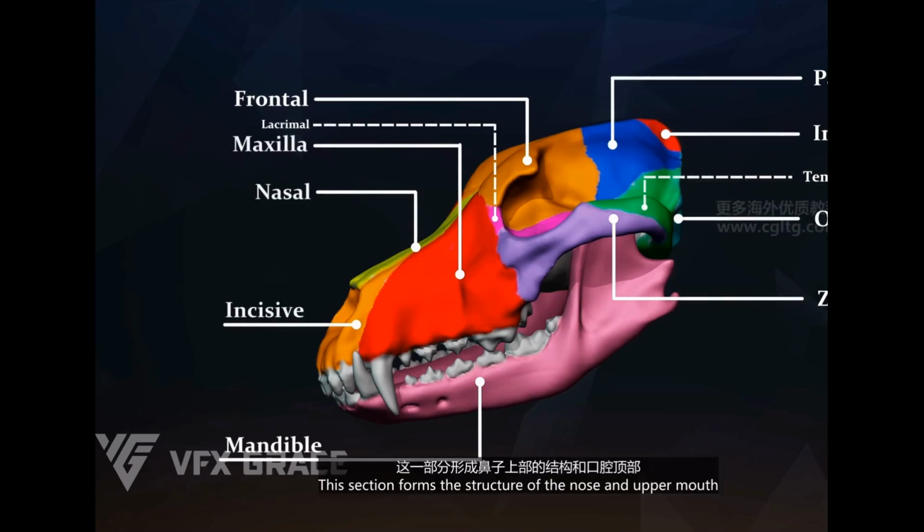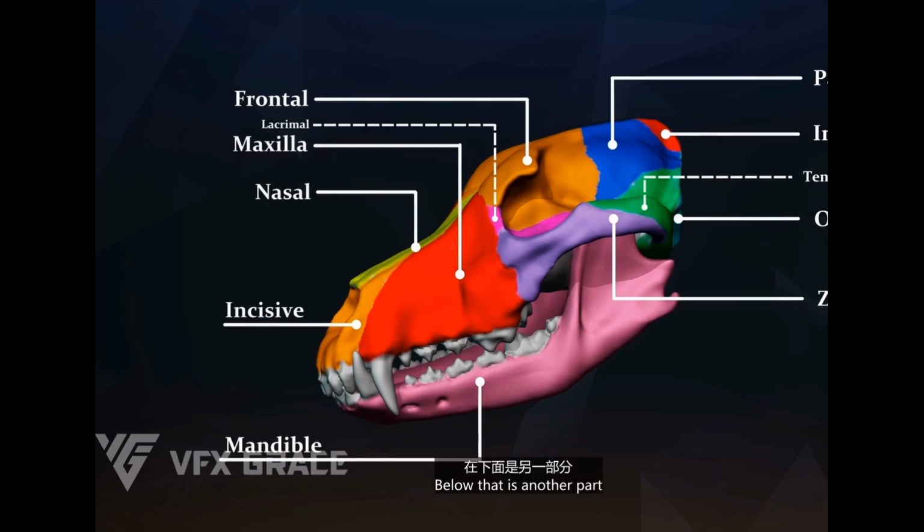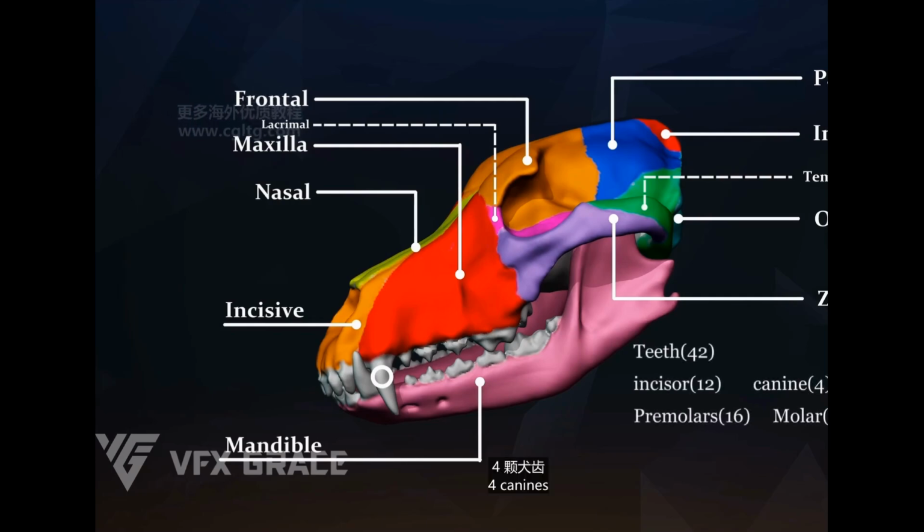This section forms the structure of the nose and upper mouth. Below that is another part, the teeth. Yes, teeth grow on the bones and are, in fact, a part of the skeletal structure. In the oral cavity, wolves have a total of 42 teeth, including 12 incisors, 4 canines, 16 premolars, and 10